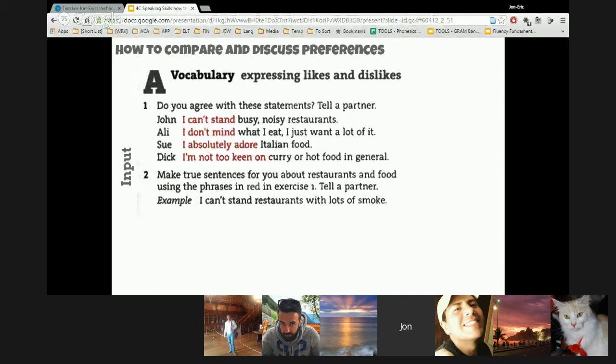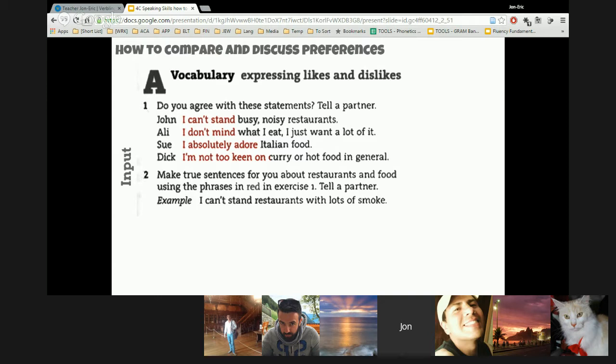Earlier, I was trying to find a neutral expression, and my mind went blank. But there you can see Ali's expressions: I don't mind. You could also say, I don't particularly mind. So that's kind of a neutral expression. Sorry, let me get this in the chat window for you. Okay. So we've got some positive, negative, and we've got some neutral expressions.